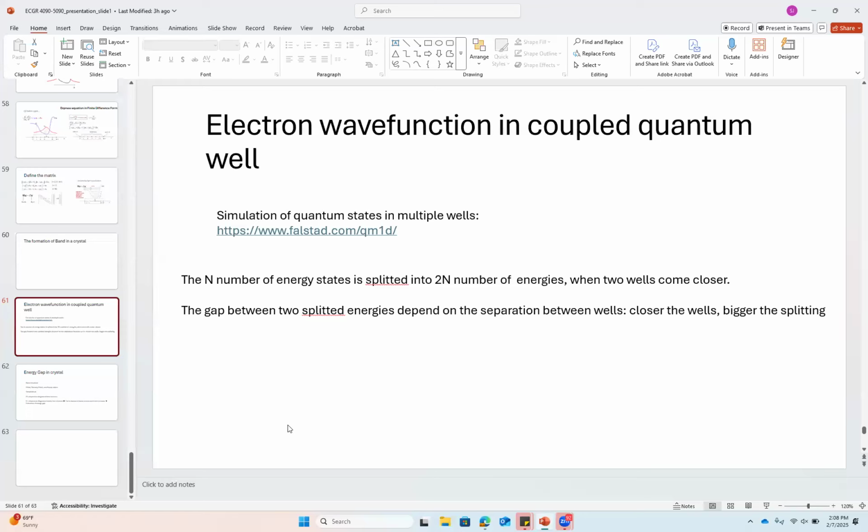Let's say I have a mechanical system made of a spring and a mass. This is a mass, and we have a spring. The spring has a spring constant of K. If I let this mass oscillate back and forth, you know that